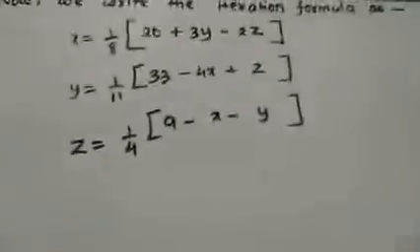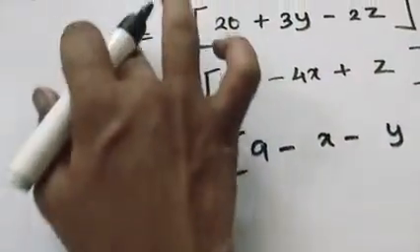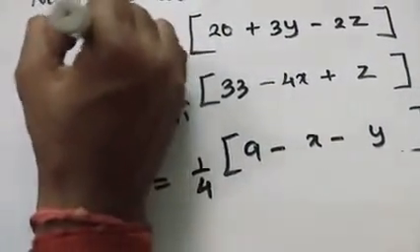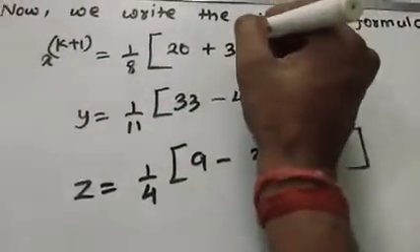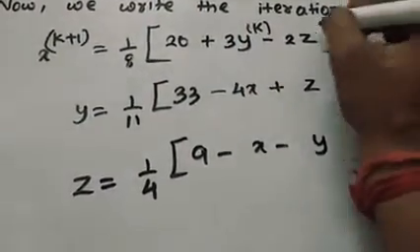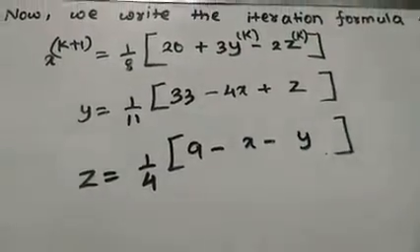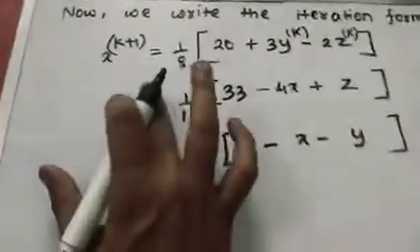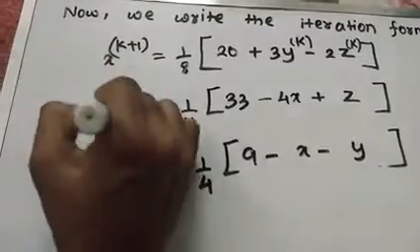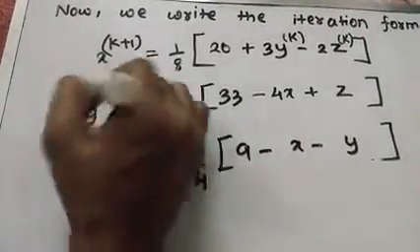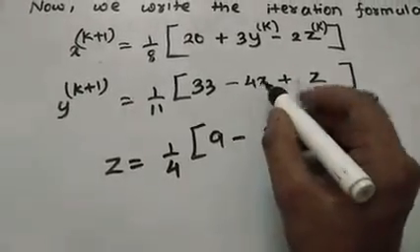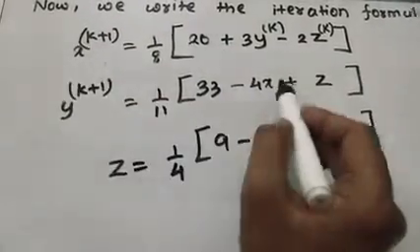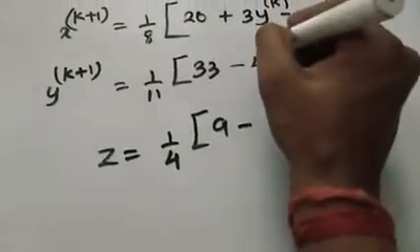Now what we do is give the iteration formula, that is a step. For x, here we have to find x, so this is our k plus 1 iteration, and on this side y and z are at k. Now here y means k plus 1 iteration. This side is always k, the other side k plus 1. Now first we have found x, so this x will be your k plus 1.